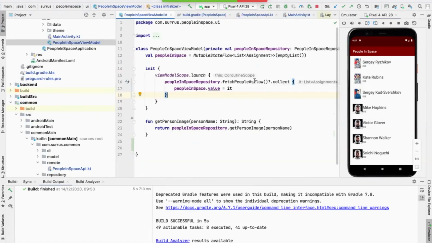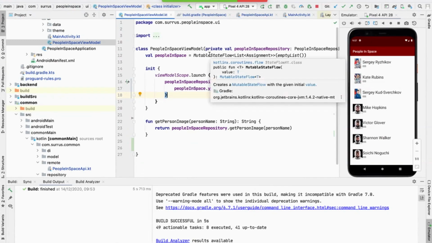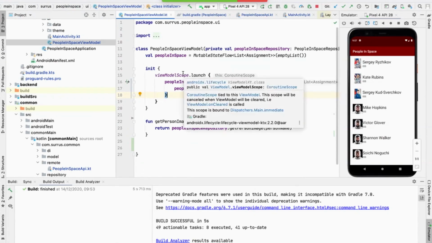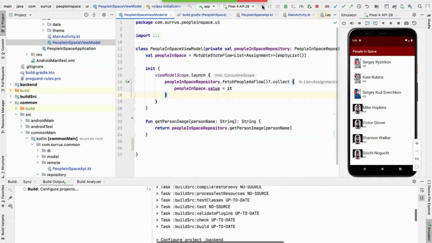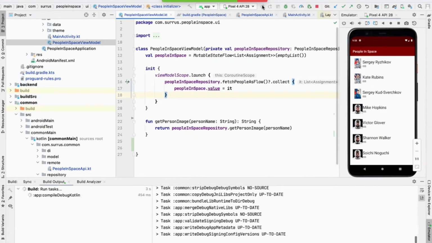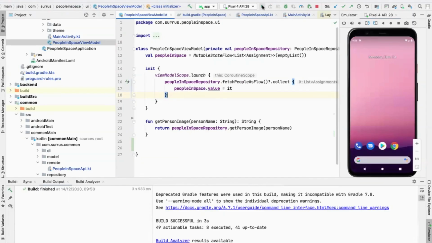Now any changes to the database will automatically cause this state flow to be updated. And when that's updated, that will automatically cause the compose state to change and the UI to be updated. So let's run that. Now, the UI is going to look exactly the same. The same functionality is going to exist. But